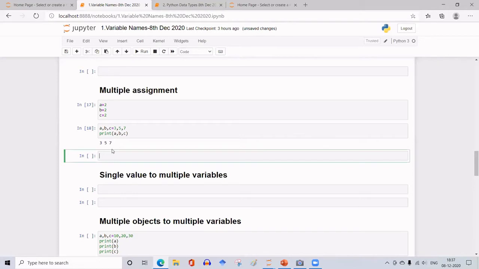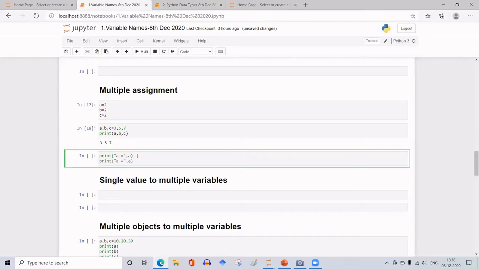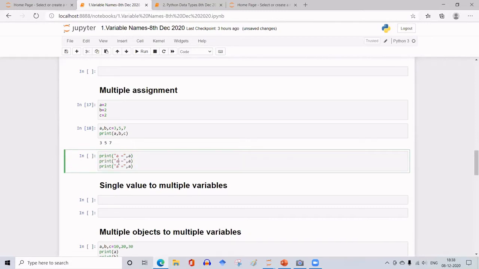And you can even print these values with the variable name also. How to do it? Print, write the variable name as a string and give a space and then equals. This is the string, and then what it has to type is the data contained in the memory location A. So the same thing I'll repeat for B and C. Okay, copy pasted and just change it to B. And similarly, C.